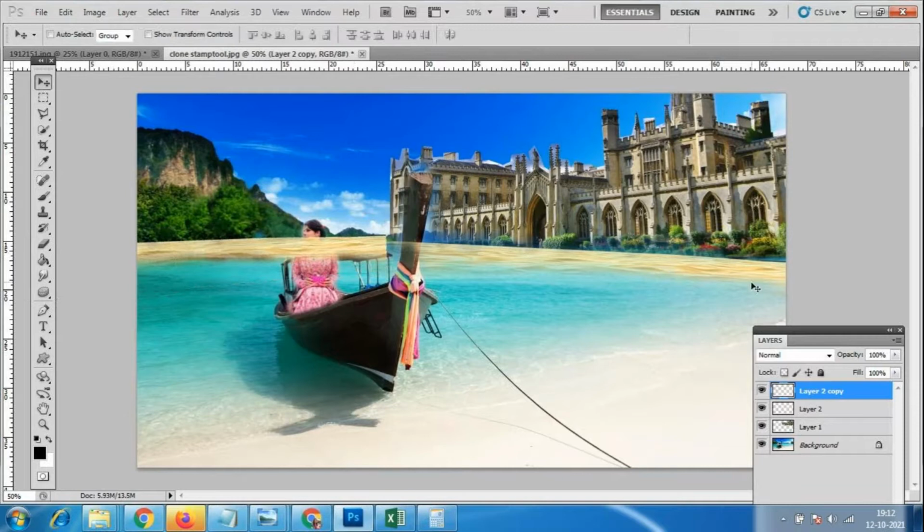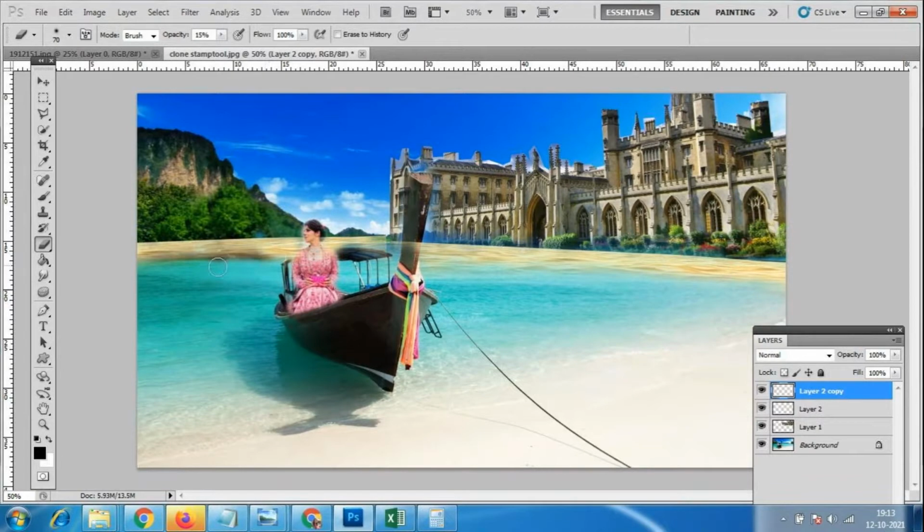So again I will slowly use the eraser tool. So wherever we don't want, so this lady we want it. So these things also we need it. Okay, this ship also we need it. So at that time we have to erase it slowly. We should merge it with this background. It should not look very sharp.